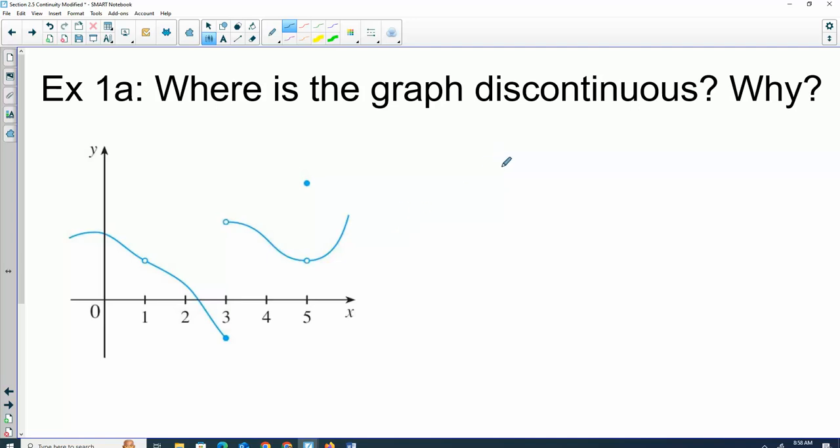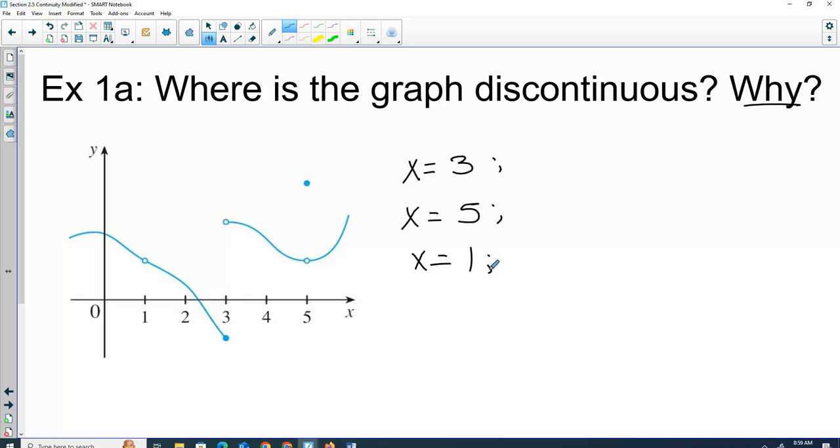So if I ask you, where is this graph discontinuous and why? So first, can you tell me for what x values is this graph discontinuous? If you were drawing this, where do you have to pick up your pencil? When x is 3. What else? When x is 5. And one more, when x is 1. The reason,